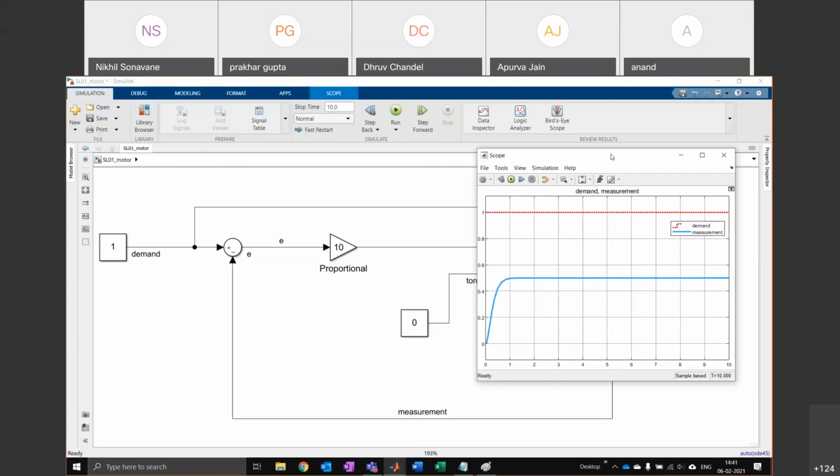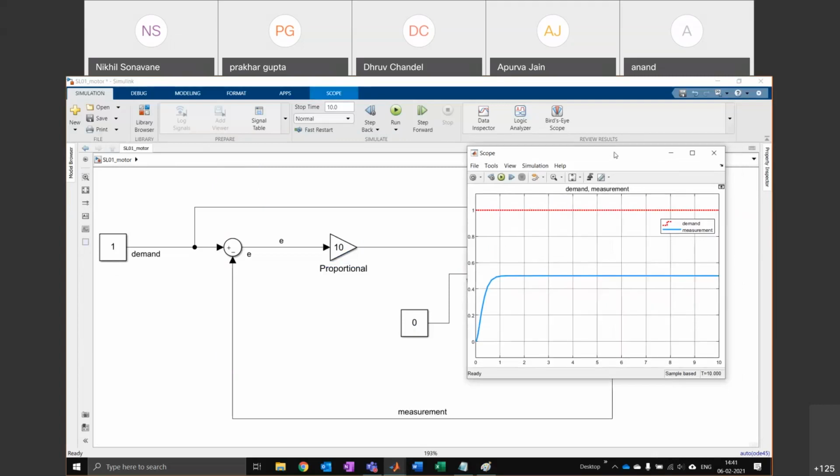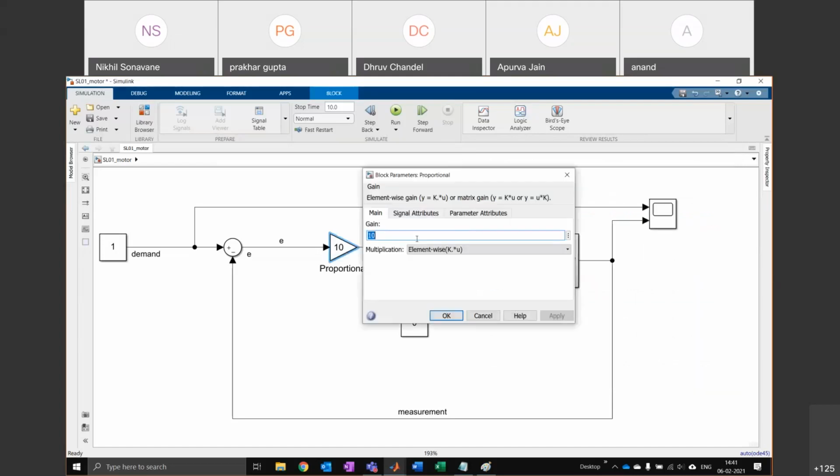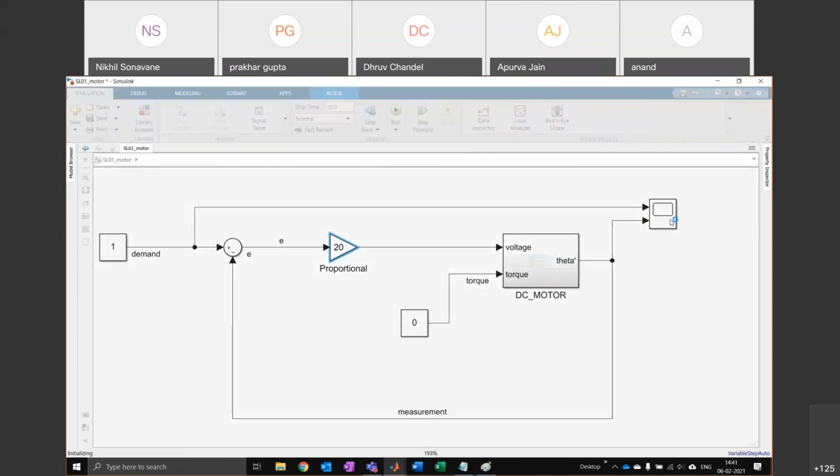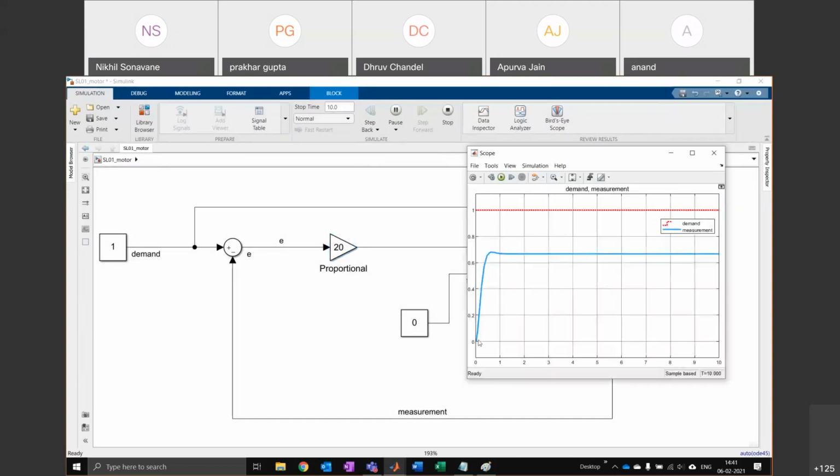Okay, right. So answer me this question. We multiplied it by 10 and we got halfway there, but it's still not all the way there. So what should we do? What can we do more here? We can go to 20. Yeah, so we can try a higher gain. So maybe we put in 20 and we run it again. And this time it's even higher, and you see this little bump and then it settles down.